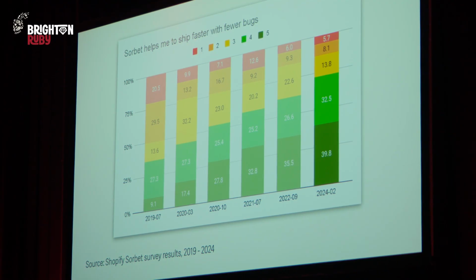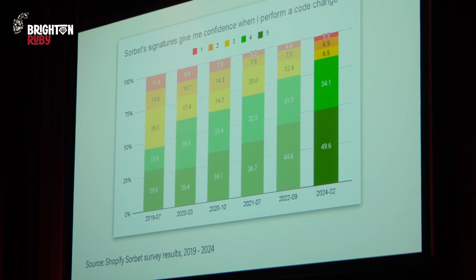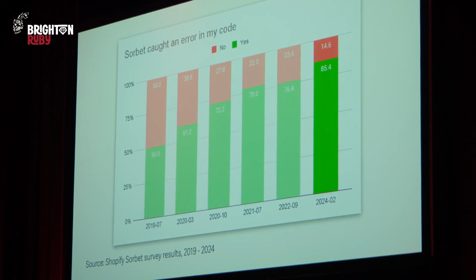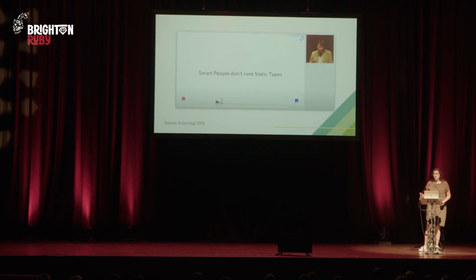In 2024, more than 70% of our surveyed developers said that Sorbet helps them ship faster with fewer bugs. More than 80% said that Sorbet signatures give them the confidence they need to change code. And 85% said that Sorbet caught an error in their code. So it's kind of undeniable that Sorbet has had a large positive impact on how we write Ruby at Shopify. However,